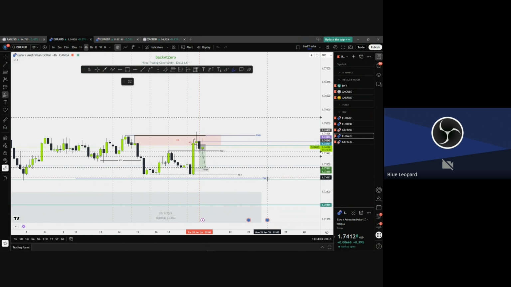The weekly, previous weekly low, and previous weekly high. So I know I'm in a weekly range, but we came inside of the H4, we swept the previous weekly high, and then we created this H4 bearish candle. So I know we are bearish. That is the most likely scenario that can happen here.